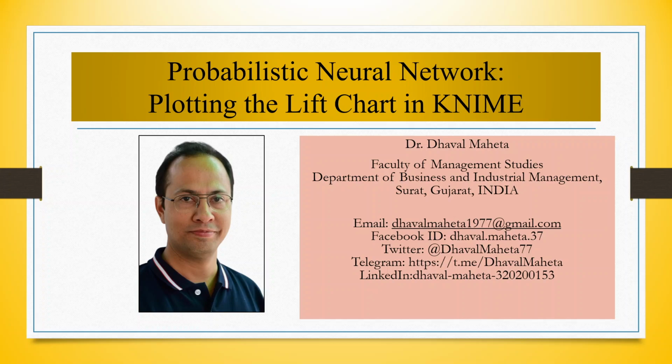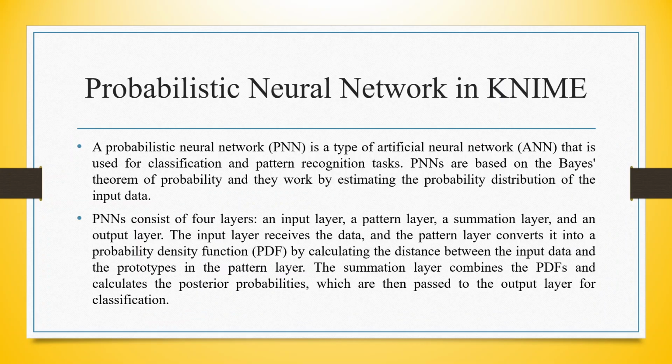This is Dr. Dhaval Maheta, and today we will understand how to plot the lift chart in probabilistic neural network in KNIME. A probabilistic neural network is a type of artificial neural network that is used for classification and pattern recognition tasks. PNNs are based on the Bayes theorem of probability and they work by estimating the probability distribution of